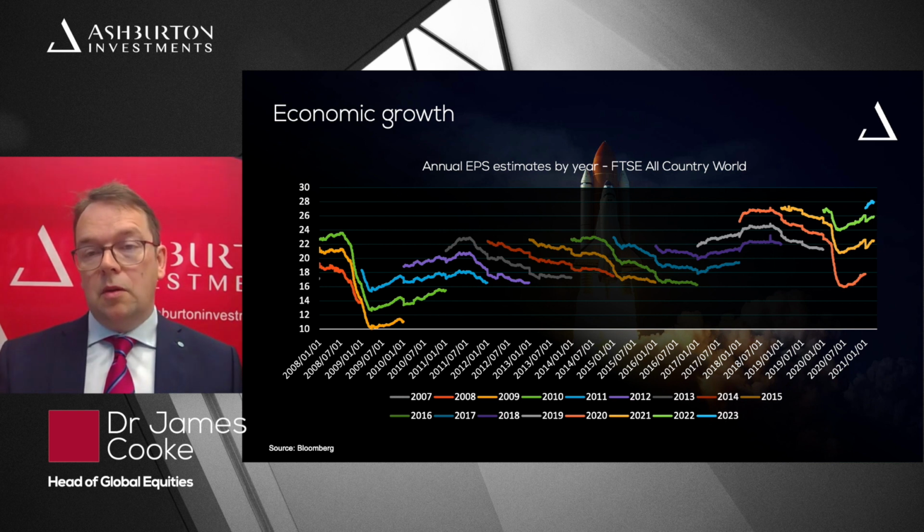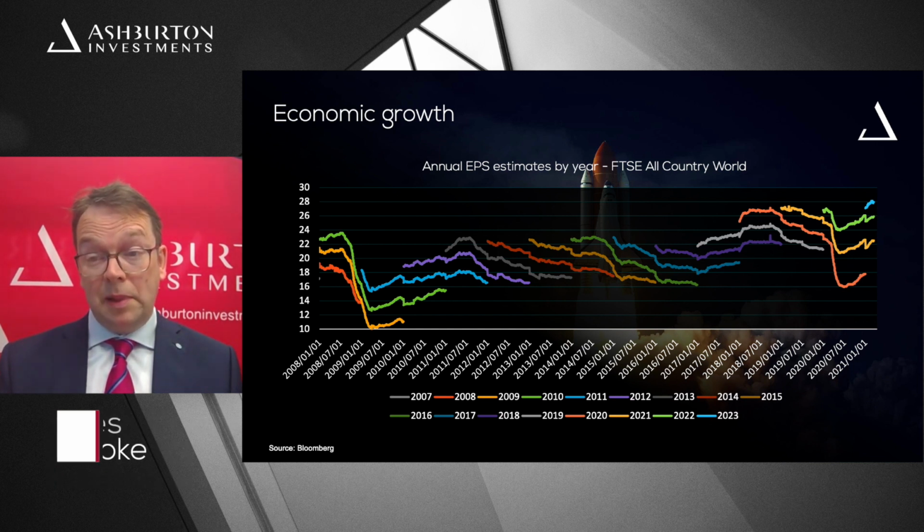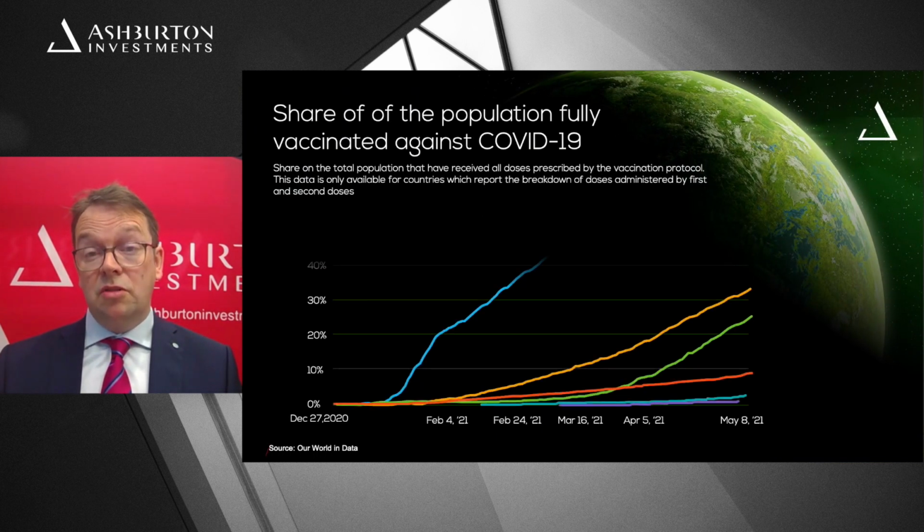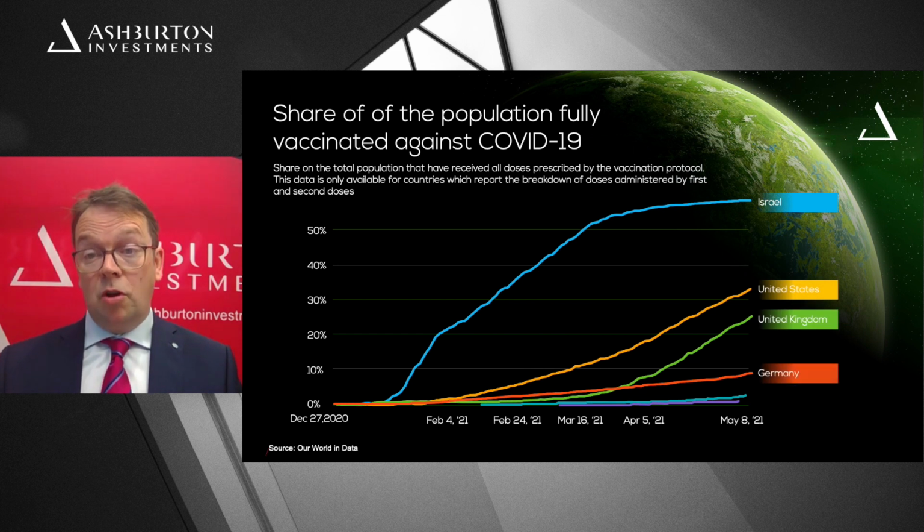Now, when we look at how the world is going to recover from the pandemic, it's going to be an asynchronous recovery. The world isn't recovering all at the same pace, and that's due to a huge degree to how vaccine rollout programs are going. And the two areas of the world that are interesting from that perspective are the United States and the United Kingdom, where we've seen positive revisions to GDP expectations because the vaccine rollouts have been going well so far.